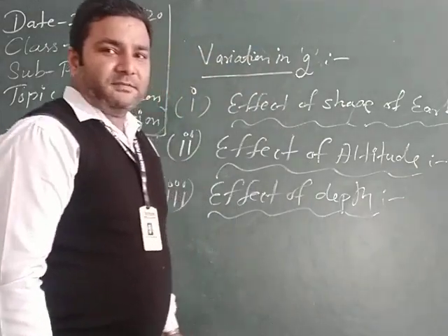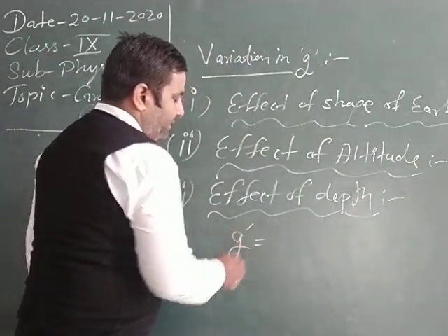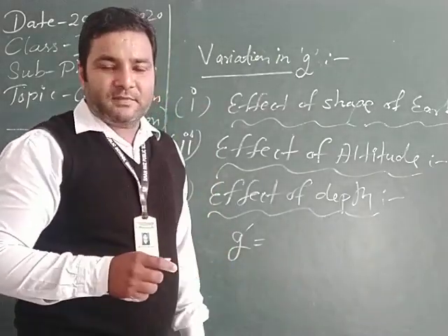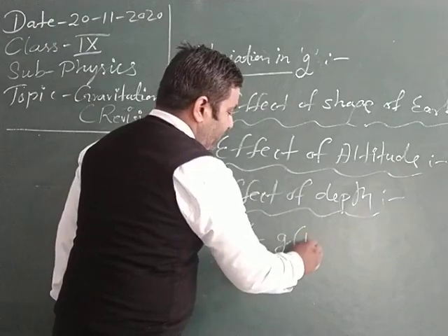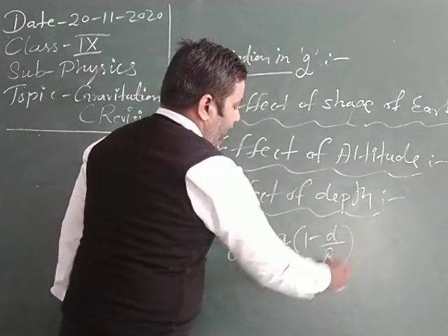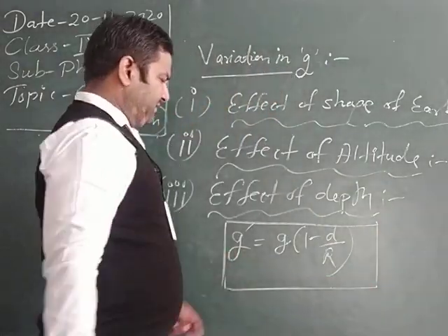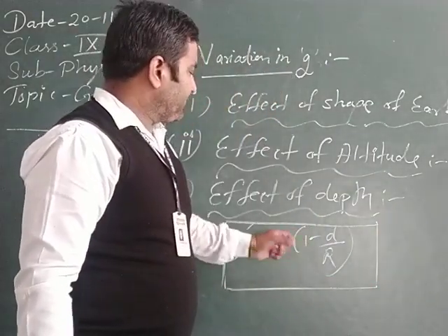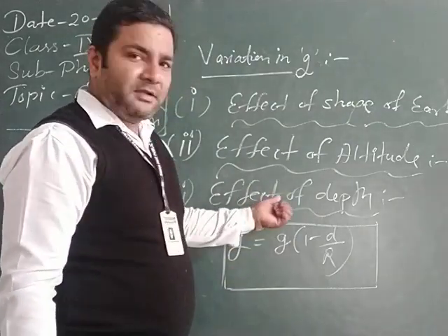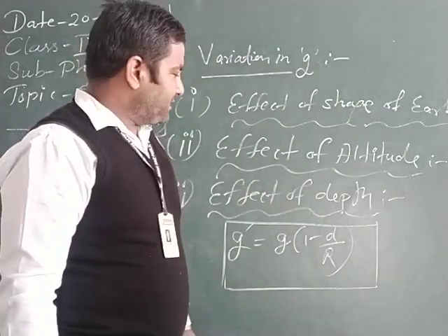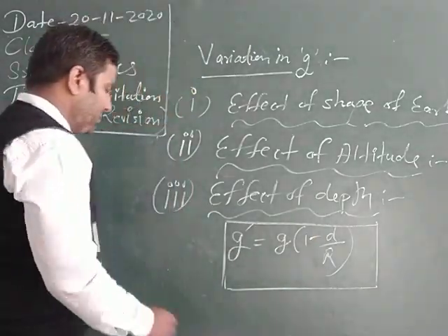In the effect of depth, there is a special formula: g' equals g(1 minus d/R). If a body goes a depth d below the earth's surface, then gravity is given by g(1 minus d upon R). This formula explains the variation in acceleration due to gravity with depth. And when d is equal to R,